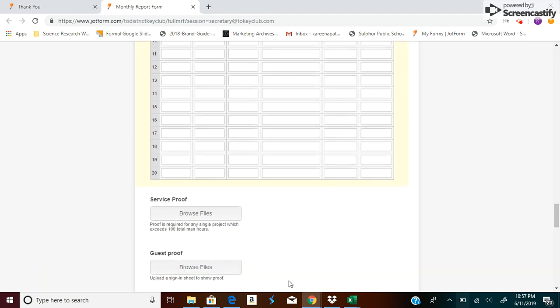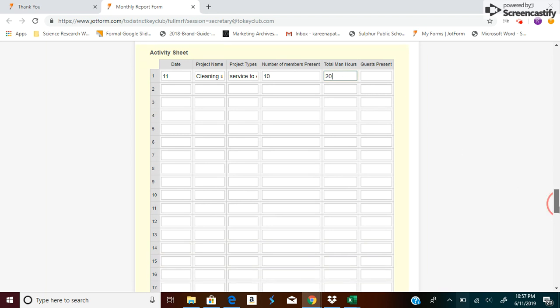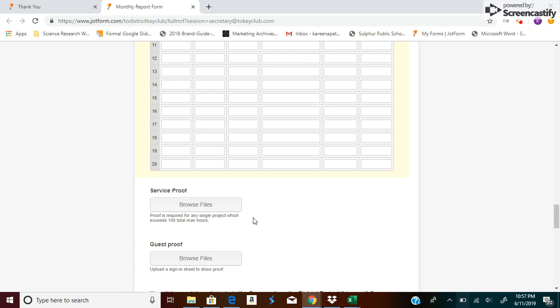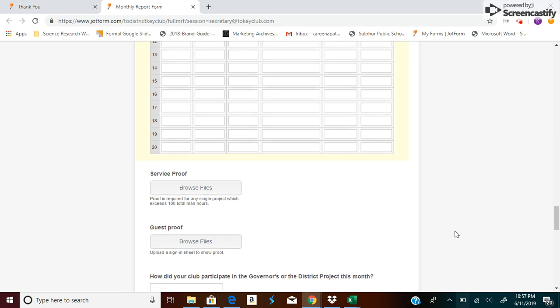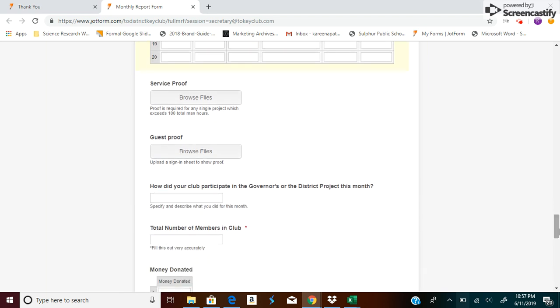Then you must attach proof if any single project exceeds 100 total man hours. So this one was only 20 hours, so we're good. But if it exceeded 100 hours, you must attach proof down here, and you'll get extra points for that. And then you also need to upload a sign-in sheet if you have any guests to show proof for that. Then we'll move down